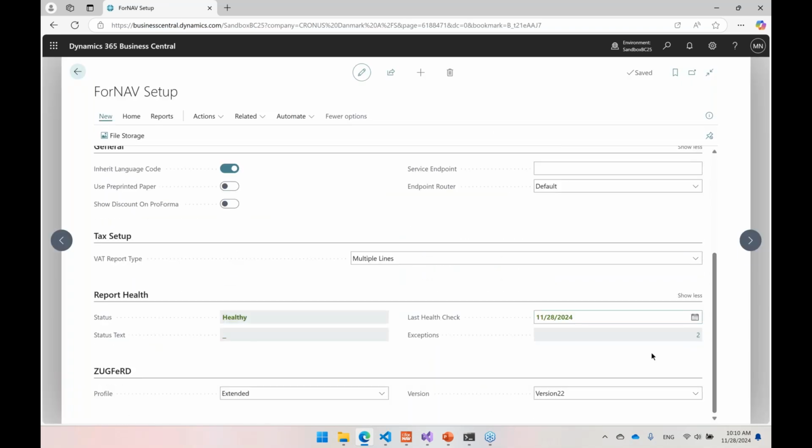By default, the ZUGFeRD profile down here is Extended, which is the most common one, and the version is 22 in here. So 23 will come out next week, so that will be supported because that's going to be mandatory from January 1st in Germany. But basically, this is set up by default, so you don't really need to set up anything for this.